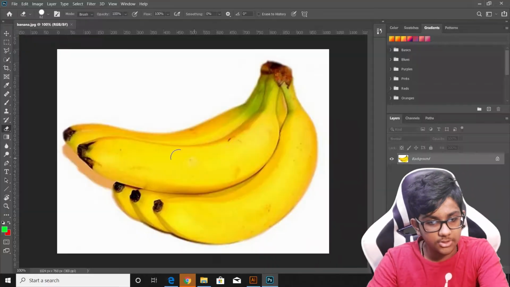So if you want to vectorize an image, you have to go into Photoshop first and import that to Photoshop. So I have it on Photoshop here. So you go to